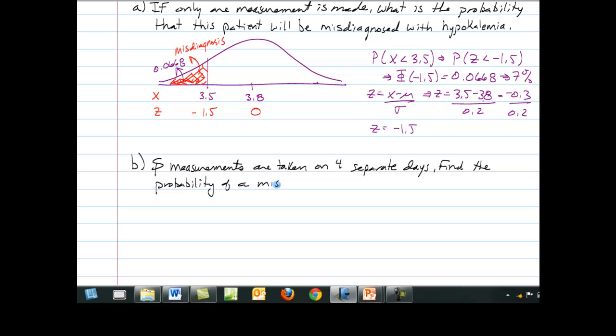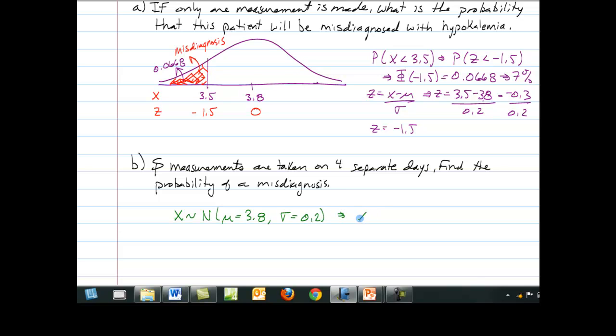Of a misdiagnosis. Okay, so let's go ahead and review. We have x is distributed normal, mu in this case was 3.8, sigma is equal to 0.2,